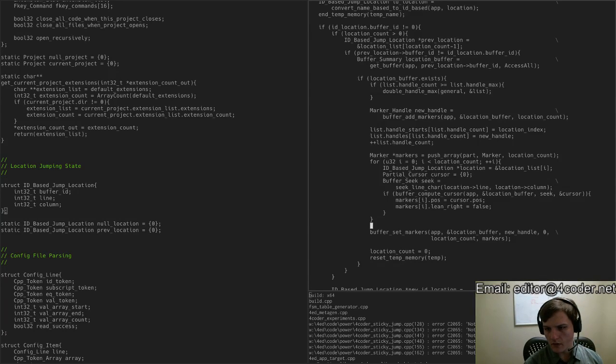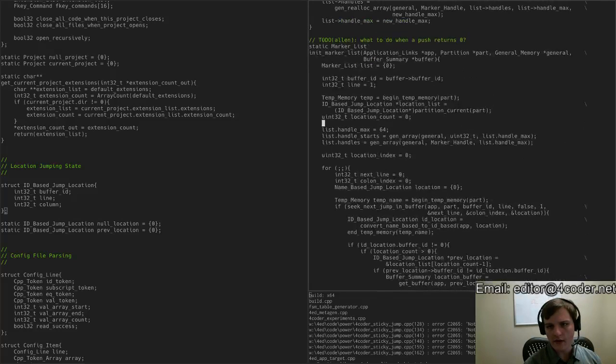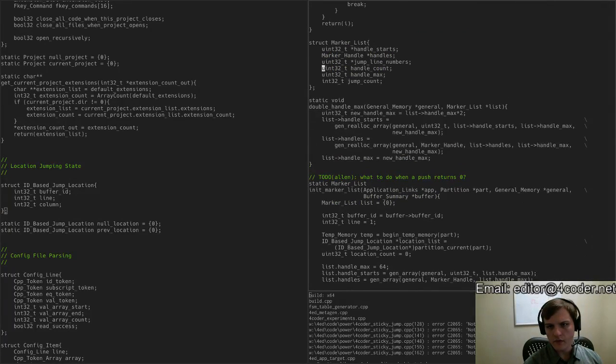Alright, so now what? We've set all the markers, we've set all the handles, we've set all the start spots, so I guess we don't have the other array in there, right? There's a third array I need, which is jump line numbers. So for each jump position, I need a jump line number, which means I'm going to need like